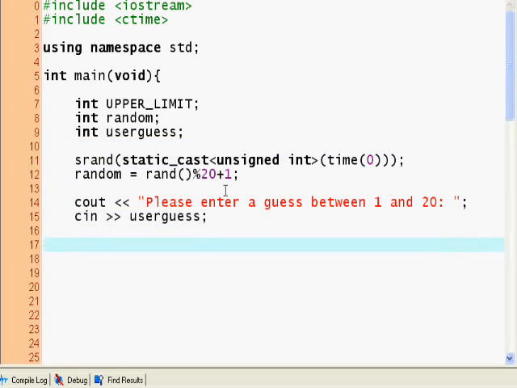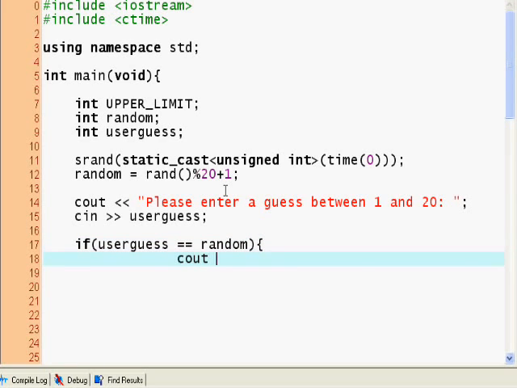Now let's do some if statements. If user guess is equal to random, cout, wow, you won, good job, whatever, you can put anything here obviously. So endl,